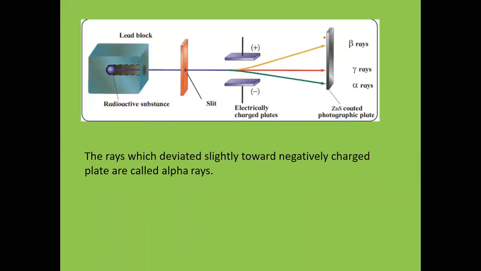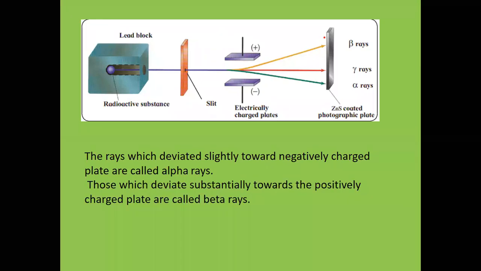The rays which deviated: one type of radiation we saw slightly moved towards a negatively charged plate, while the second deviated substantially towards a positive charge. If you observe the diagram carefully, student, the radiation which is deviating towards a negative charge, that is the down one, deviated only a little. Only a little deviation means it changed its path. But the one which deviated on the positive side, the one which is trying to move to the positive charge, you can say it moved substantially towards the positive charge. Its deviation is greater. And the third type of radiation did not deviate at all in the electrical field.